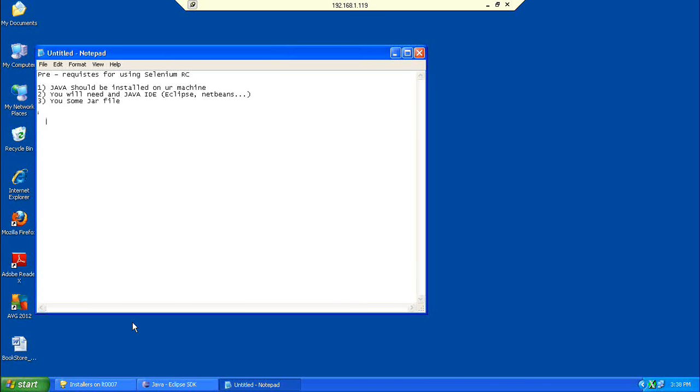They are: 1. Selenium server jar, 2. JUnit jar. These files can be downloaded from the internet. You can simply go to Google and type it. You will get the latest one.